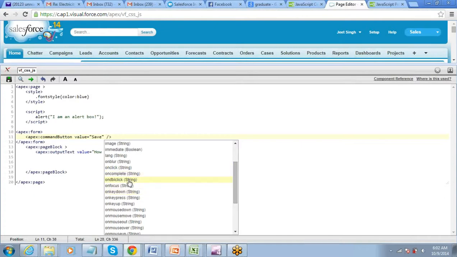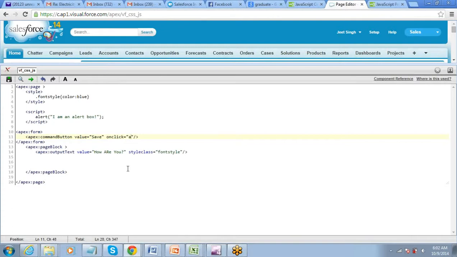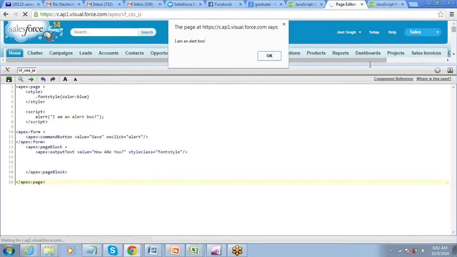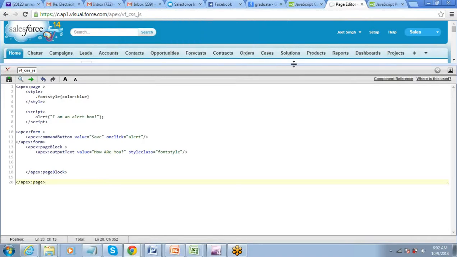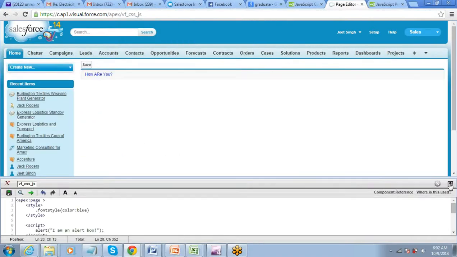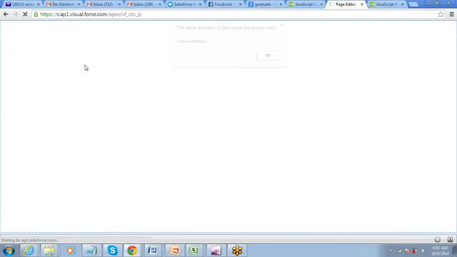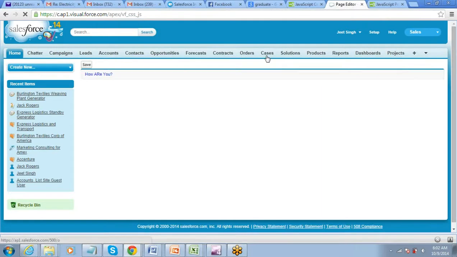If you want some JavaScript to work on double click, or on a single click. See, so this kind of thing.